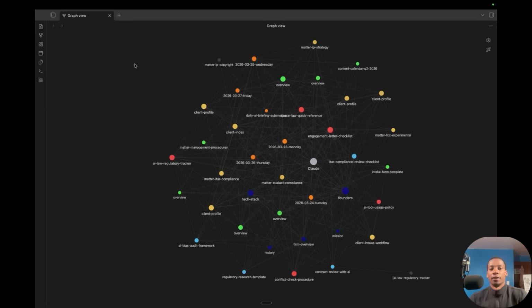All these different pieces of information are all connecting to the other pieces of information. And that just serves to give AI a lot more context about the firm, about what's happening day to day, and just serves to ground it a lot more in real knowledge that's going to make it a lot more useful. So now let's get into what Obsidian actually looks like in a practical way when you use it with a tool like Claude Cowork.